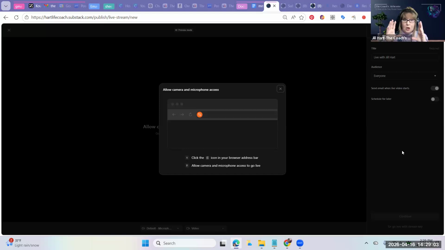It'll render as a video post on your publication, and you can go in and add a cover, add some images, create some long form content. You can take the transcript off of the recording, drop it into your favorite AI and ask it to create an article around this live. And then you can post that in there, and you can use your templates to stick in the other extra pieces. And then when you publish it, you can publish it later, you don't have to publish it right away.